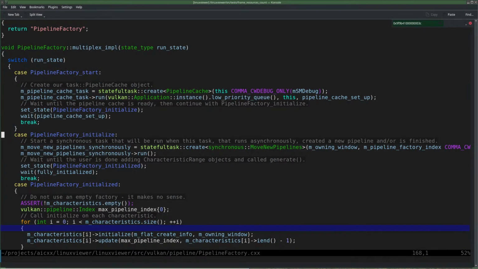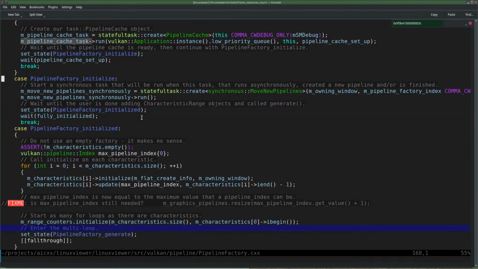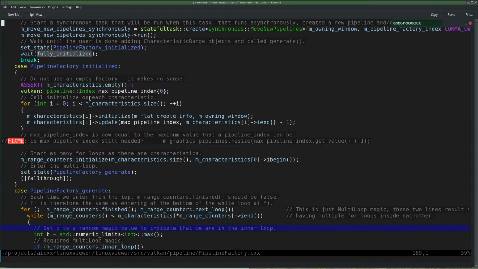Okay, so back to the task. So this task is doing the following. It executes this. So what does it do? It creates a new task that's going to create a pipeline cache. When that is done, we create yet another task. It's called move new pipelines, which is being run. And then we wait till we are fully initialized. Once that happens,